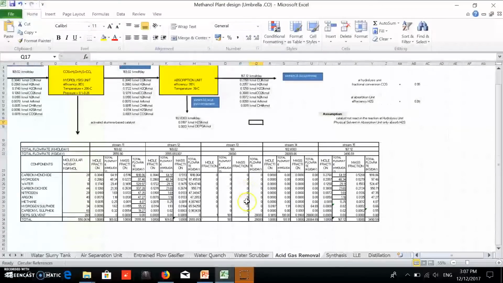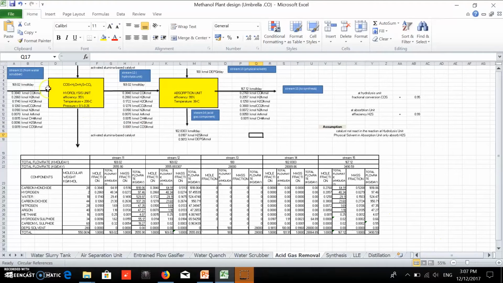Next, in acid gas removal, the feed to the hydrolysis unit, which is stream 11 from the water scrubber, will flow to the hydrolysis unit, which has an efficiency of 95%, a temperature of 200 degrees Celsius, and a pressure of about 0.1 to 1.26 bar. Then the catalyst that I use is an activated alumina-based catalyst, which flows in and then flows out